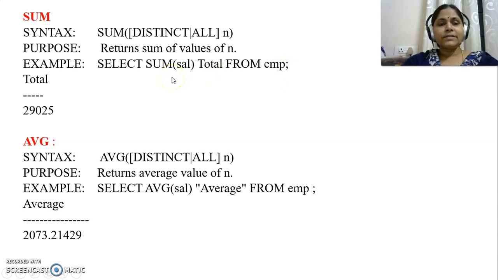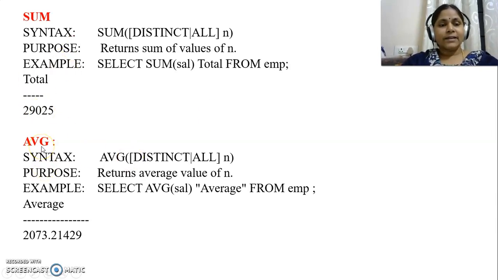So what I am doing in this example is, in the EMP table there is an attribute called sal. I am taking the sum of all the salaries and getting a single value, and I am renaming or aliasing it to total. So that is the reason my query result is total, the total of all the values of the salary in the EMP table.